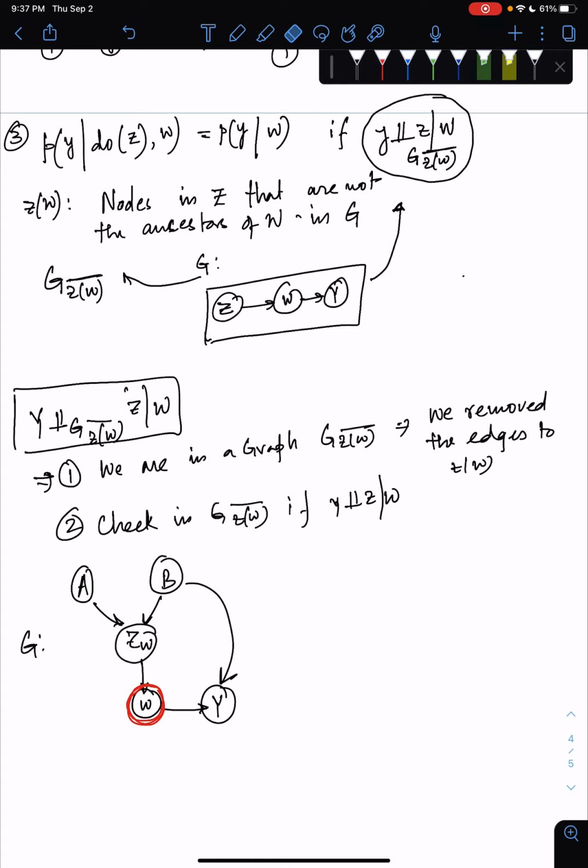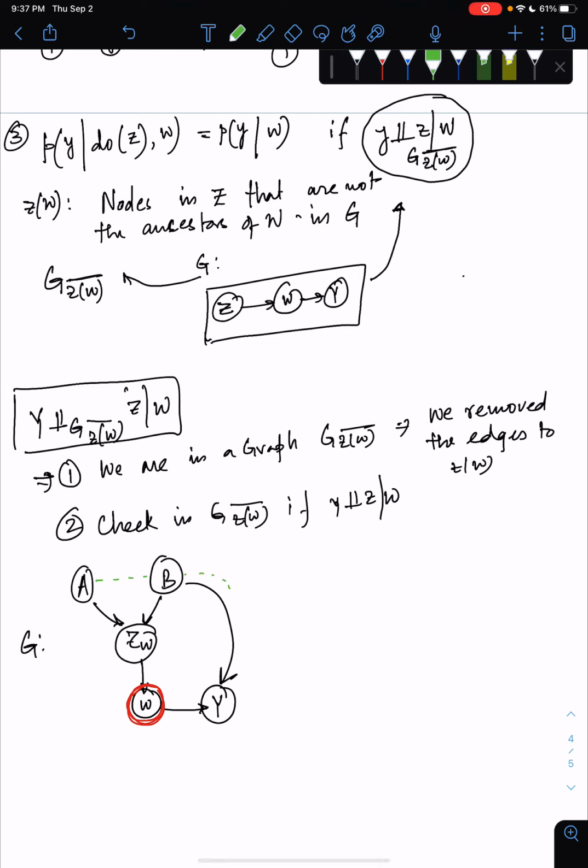Because this ZW is a collider, and I'm conditioning on the descendant of a collider. So when I'm conditioning on the descendant of a collider, I am having